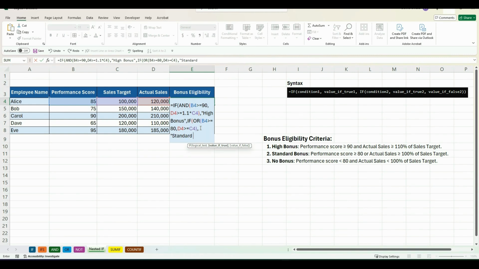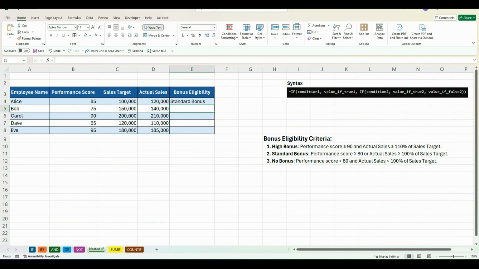We will put standard bonus as the corresponding value of true. Lastly, we'll set no bonus as the value to be returned if neither of the conditions are met, and close the formula with 2 parentheses to match the 2 nested if statements. And hit enter. As shown, the nested if formula correctly assigns a standard bonus to Alice, as her performance score